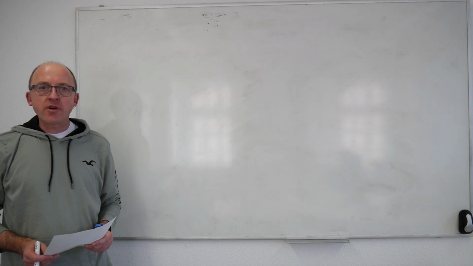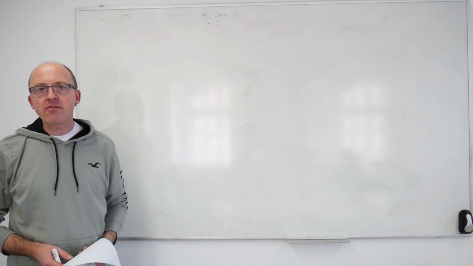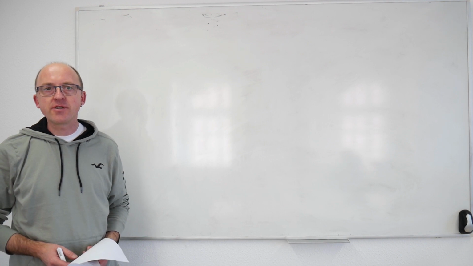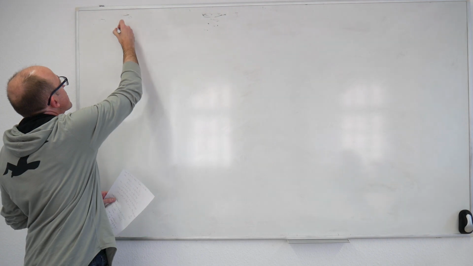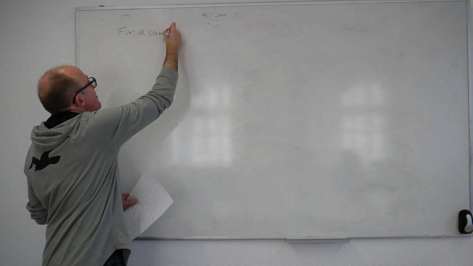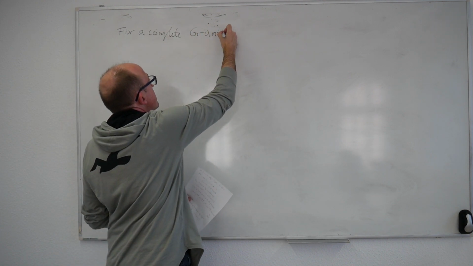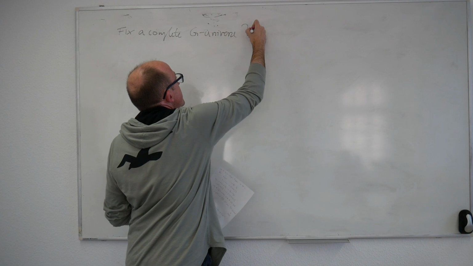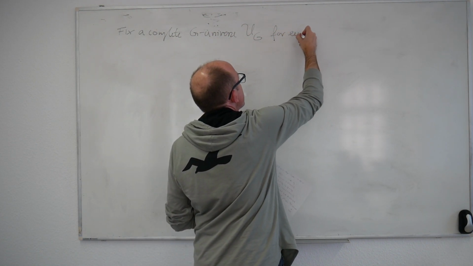Now that we know what a complete universe for a compact Lie group is, I can remind you of how equivariant homotopy groups of orthogonal G spectra are defined. For this, we fix a complete universe for every compact Lie group. Fix a complete G universe, and I'll denote this by U sub G for every compact Lie group G.